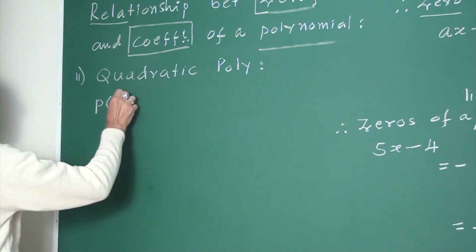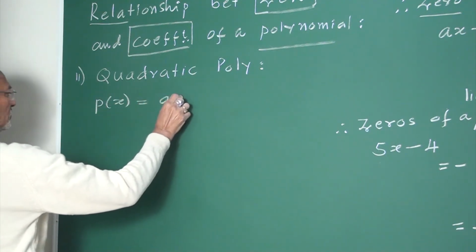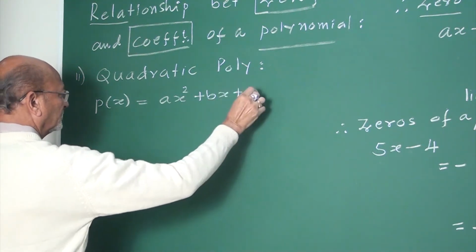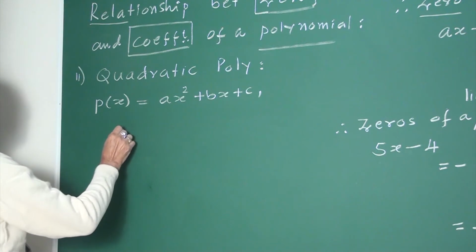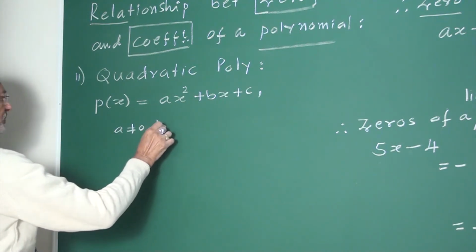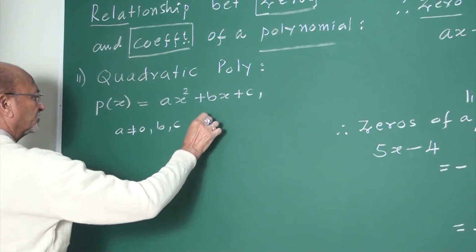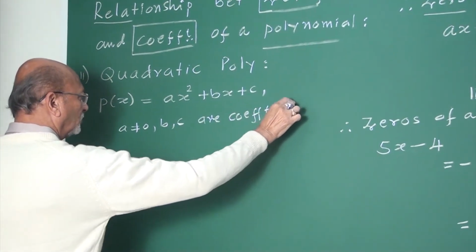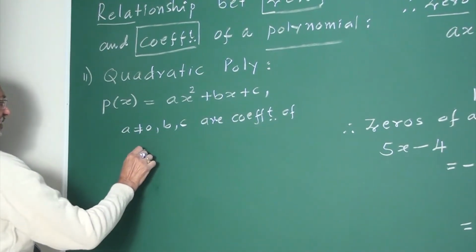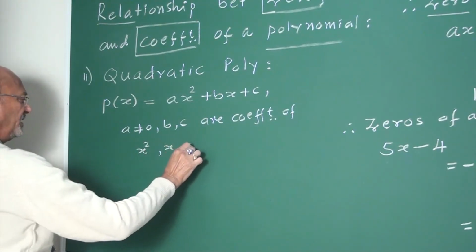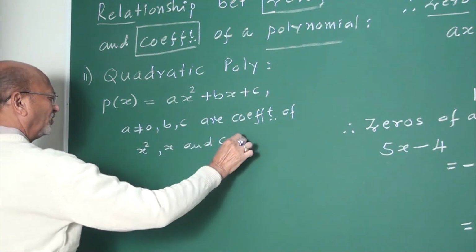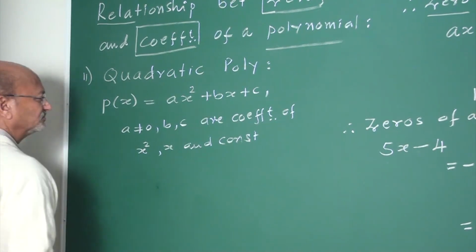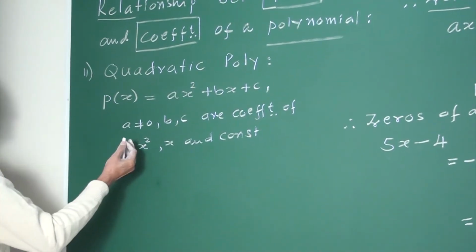Quadratic is p(x) equal to the standard form ax square plus bx plus c, where a is not equal to 0. a, b, c are coefficients of x square, x and the constant term. This everything you know. Then for zeros,